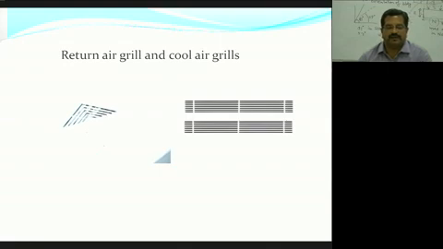This image is showing return air grill and the cool air grills. इस तरीके की ग्रिल्स आपको किसी बैंक्वेट हॉल में, किसी रेस्टोरेंट में, किसी बड़े लार्ज कॉर्पोरेट ऑफिस में लगी हुई दिख जाएंगी। इसमें जो रेक्टेंगुलर साइज़ की लंबी और पतली ग्रिल्स हैं, इन ग्रिल के माध्यम से कूल एयर स्पेस के अंदर पहुंचती है, और ये जो स्क्वायर ग्रिल्स आपको सीलिंग पर लगी हुई दिखाई दे रही हैं, इनके माध्यम से कूल एयर रिटर्न जाती है और रिटर्न होके फिर उसका टेम्परेचर मेंटेन होके दोबारा वापस स्पेस के अंदर आती है।